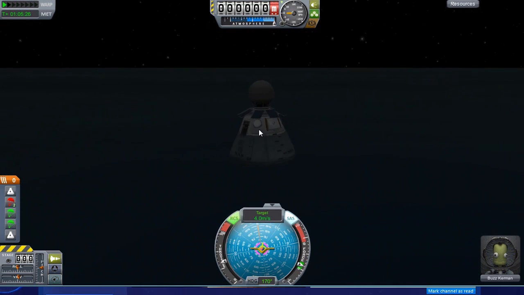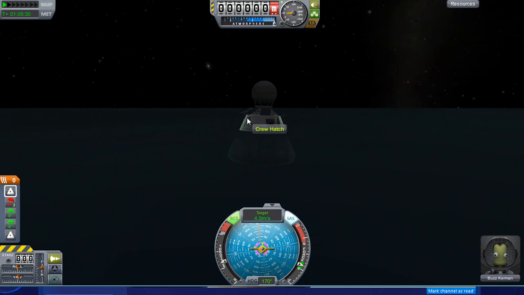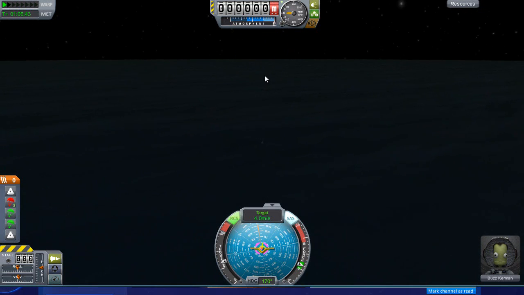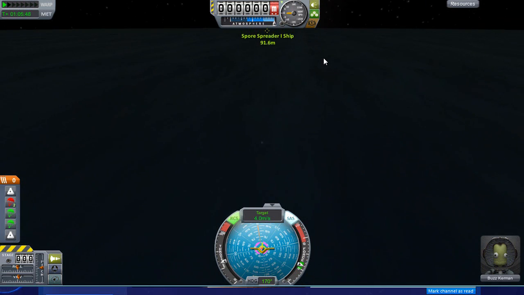Wait, did I lose some of my science stuff? It looks like it was blown off. My gravioli detector. Okay, and here this one comes. Where are you gonna land? Right on top of me? Probably not, but...